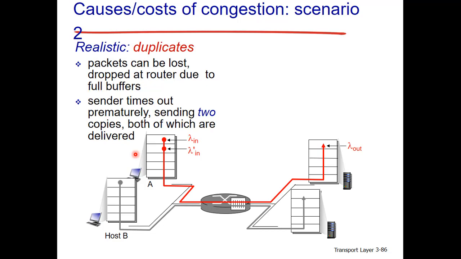And there's a third scenario, which is delayed or premature timeout. In this premature timeout, the sender creates a copy of a segment and sends data, and buffer space is available, but there are a lot of packets, so a timeout occurs. Once the timeout occurs, it resends the transmitted packet. At that point, more data flows over the link, so capacity is reduced. In this particular scenario, lambda n dash is greater than lambda n.